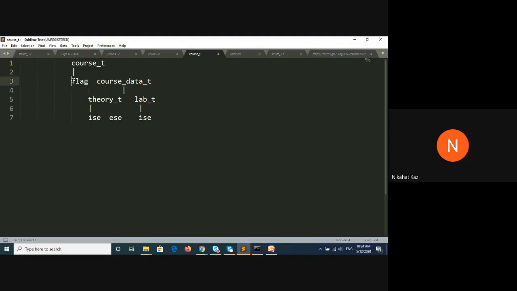One is a character flag, which will decide which of the courses it is. Based on the flag, it has to create a variable of a particular type. So it is course data type. The second component is course data type, which is a union type, which combines theory as well as lab. And theory will have ISE, ESE, lab will have ISE. So this is our structure actually, what we have created. This is a hierarchical kind of structure that we have created via our program.